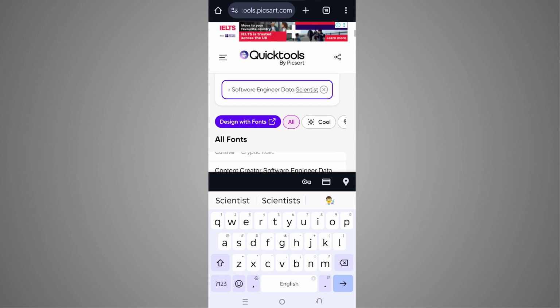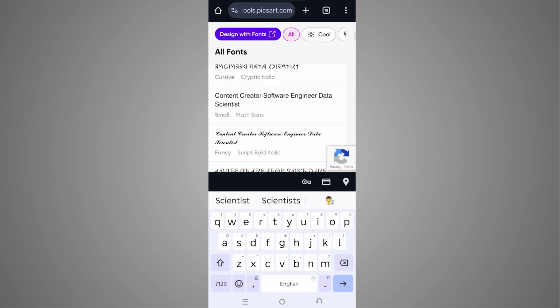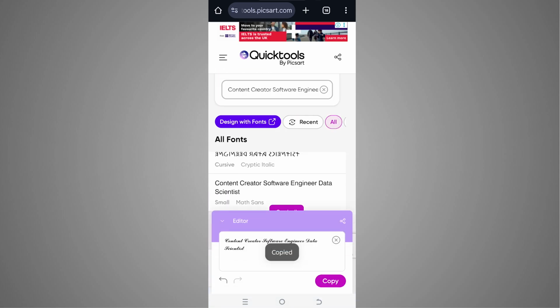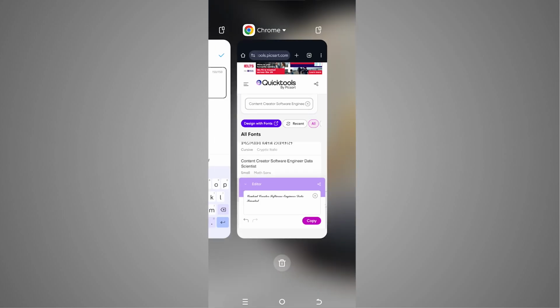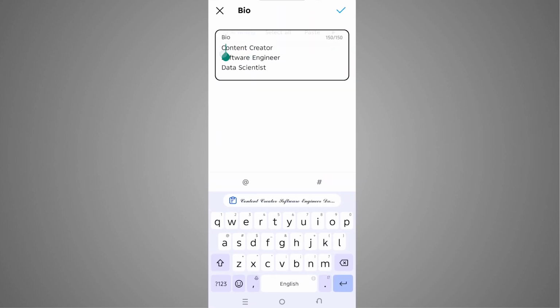I think I'm going to go with the first one, or we can use this one. So let's just copy this. And now we need to go back to our Instagram bio. What we can do is simply remove this text, and simply paste the text that we